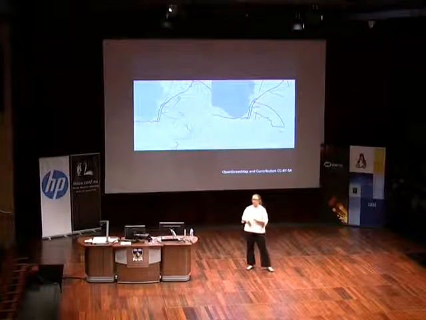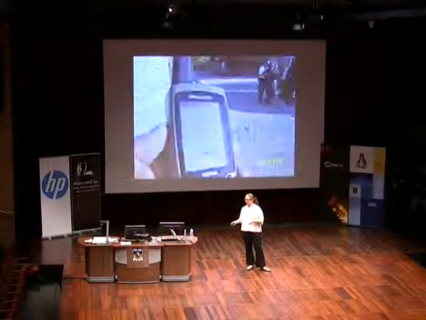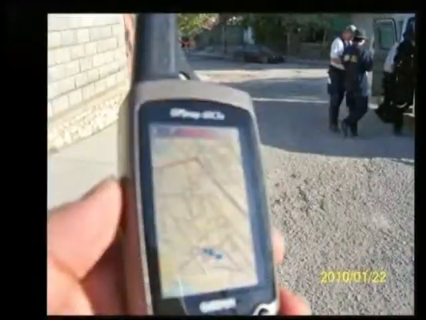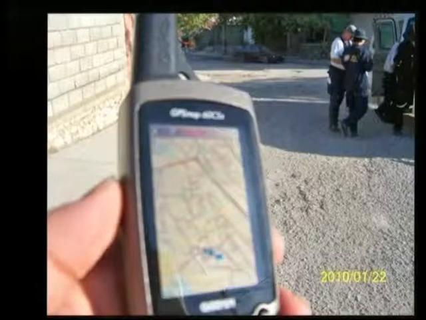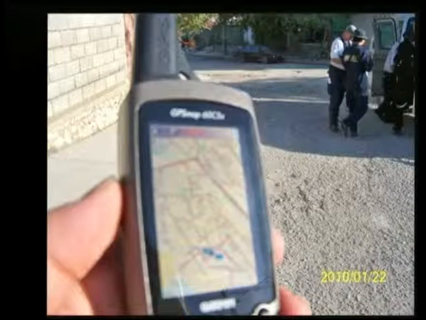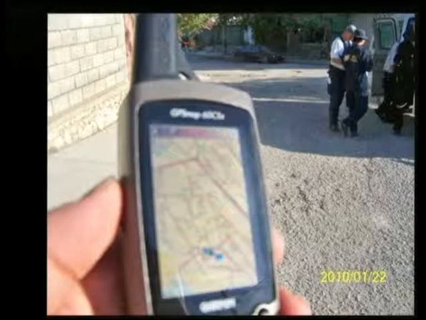And then we started seeing things like this. So this is a GPS unit with OpenStreetMap data on it being held by the head of a search and rescue team. And the date on it is the 22nd of January. So we're not talking about very, very long after the earthquake, just 10 days. And you began to see maps in the United Nations, in the World Bank, all sorts of responders.